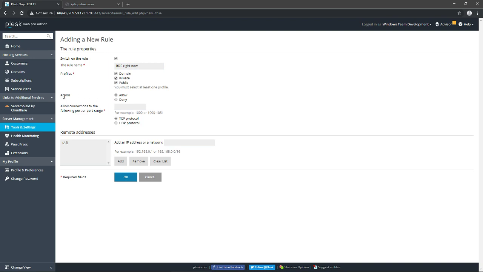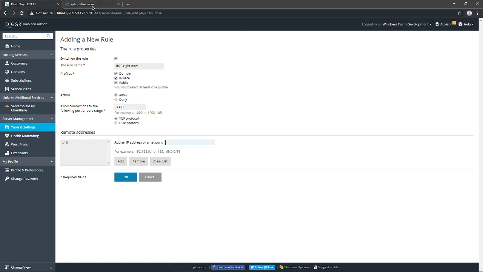We're going to go to action and make sure that it is checked as allowed, because we want to allow this IP address that we're going to add to RDP. And right here for RDP, usually it's port 3389. Sometimes you might customize that, it might be something else, but here on my server and most servers it is going to be 3389. I'm going to leave it on TCP protocol,